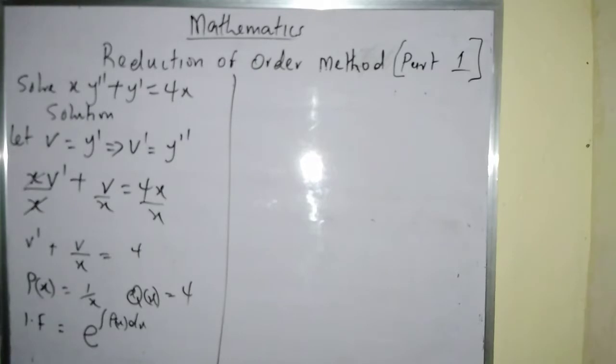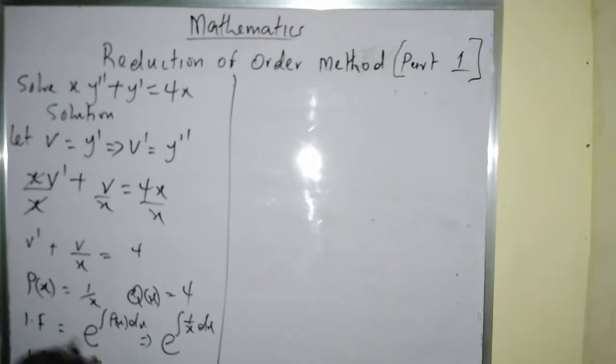Now, which is my p of x dx, which implies integrating the exponential function of the integral of 1 over x dx. If I integrate this, I will have my exponential equal to x. For those that are still learning, I can turn it to ln of x, and with the help of your logarithm laws, you will have